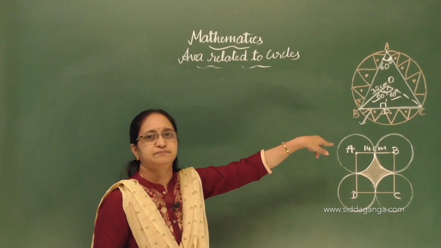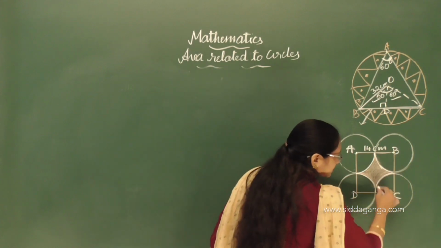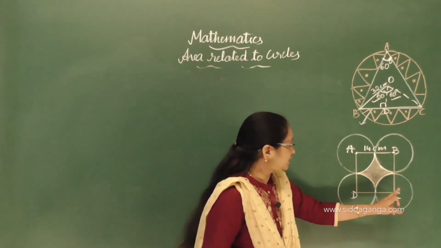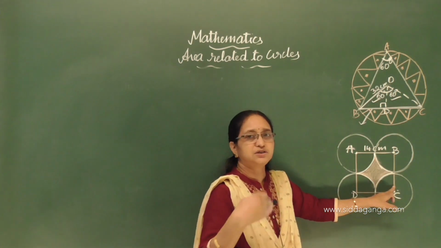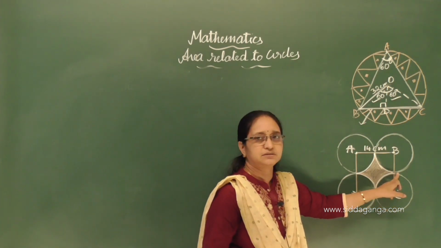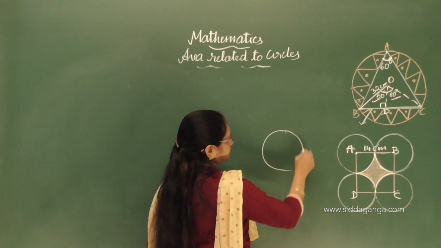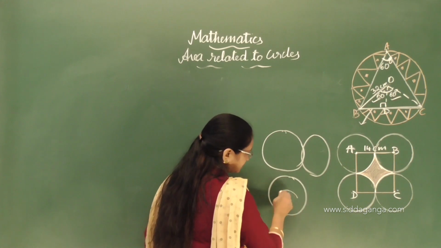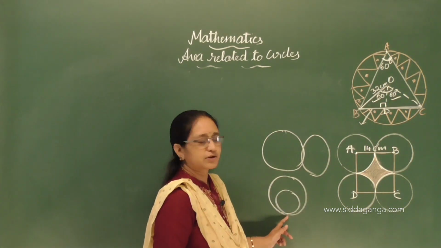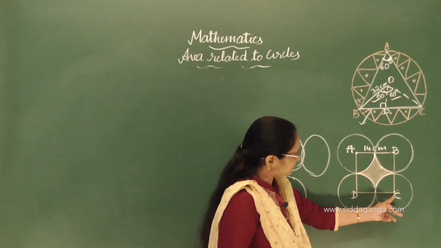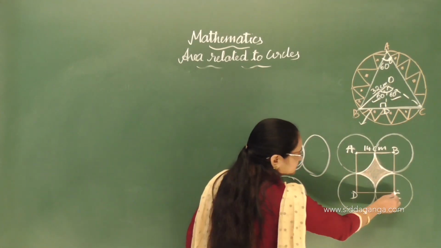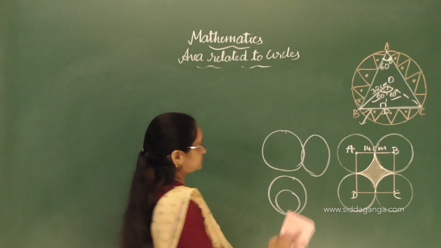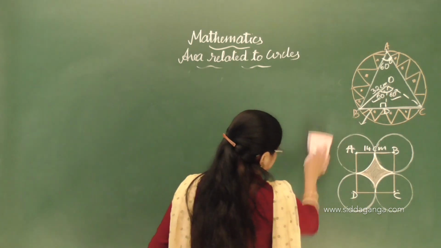Out of 3, for example, this is the circle with center C, and this is touching the other 2 circles externally. You all know the meaning of external touching: externally it will touch, internally means like this. So it is touching the 2 other circles with center B and also with D. So this is the explanation of the question.